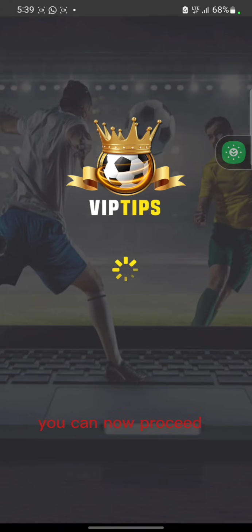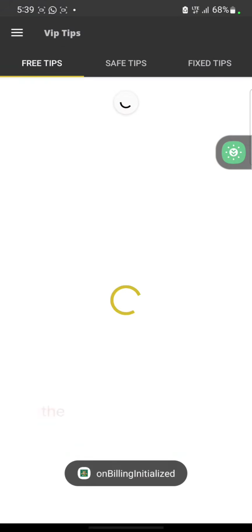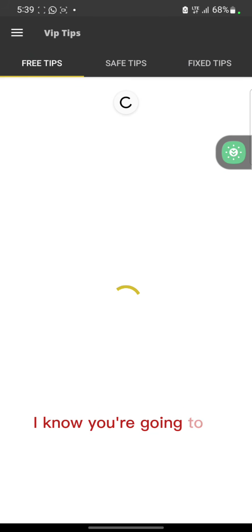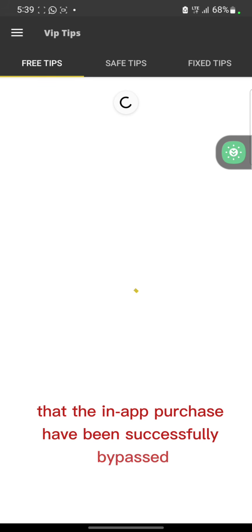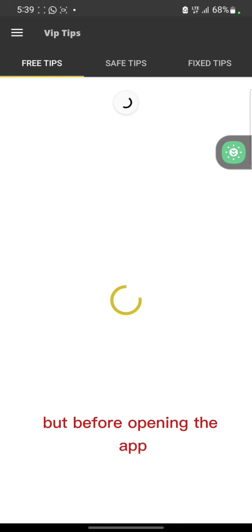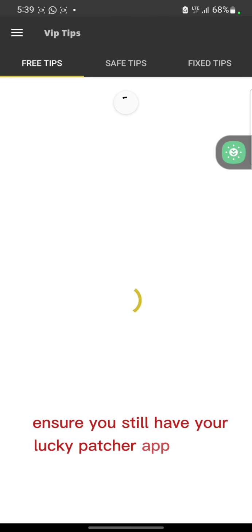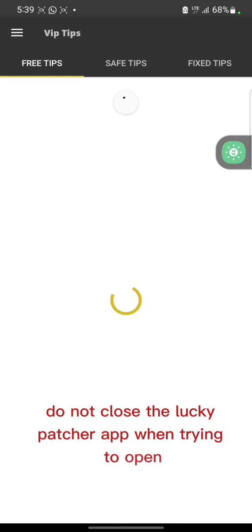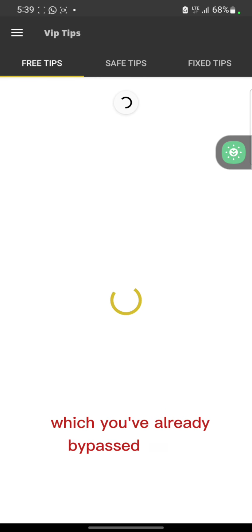You can now proceed to open the app and check the in-app purchase for the particular app you are using, and you are going to be surprised that the in-app purchase will have been successfully bypassed. But before opening the app, ensure you still have your Lucky Patcher app running. Do not close the Lucky Patcher app when trying to open any of the apps which you've already bypassed the in-app